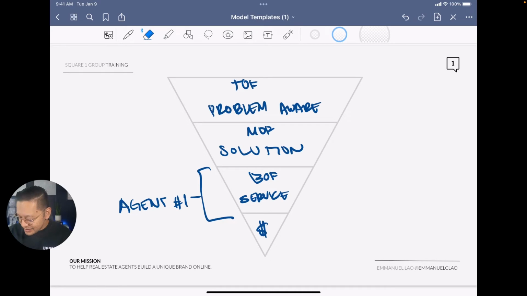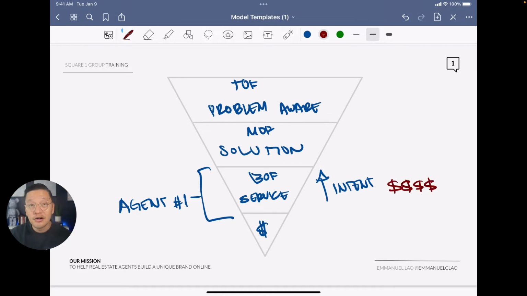For example, if you're dealing with siblings, who's going to get what? Or what happens if there's no will, meaning you have to go into probate? Or if that's the case, then maybe you need to get an attorney involved. It gets really messy, because then the attorney might recommend their own agent instead of that agent, and so on and so forth. Anyways, the point is, granted the intent was higher at the bottom of the funnel, it was also a heck of a lot more expensive for that lead. And the reality is, the lower in the funnel, the more you have to pay. The higher you go, the far cheaper it is.